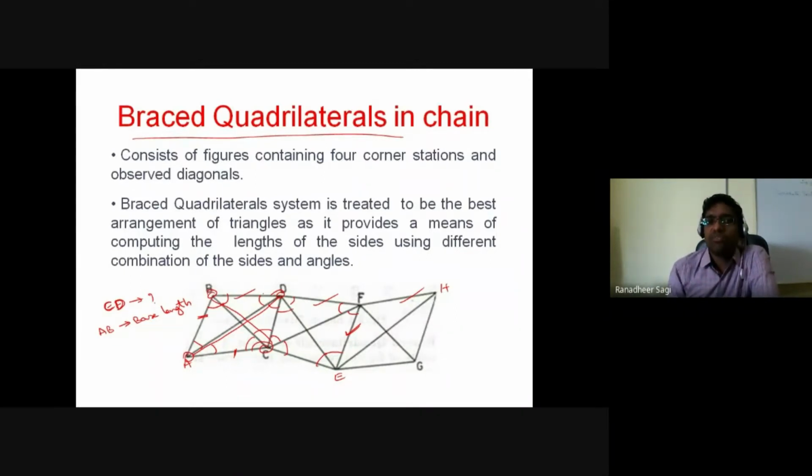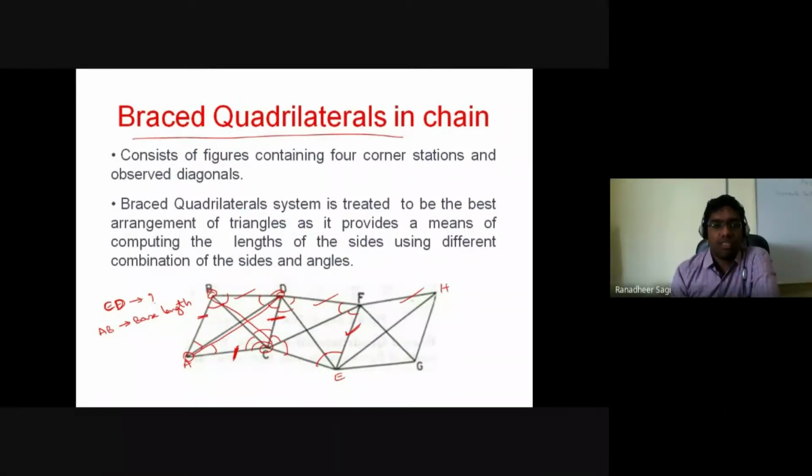If I want to find out the length of the member CD, I have 2 ways by which I can find it out. What are those 2 ways? First, I look at your triangle ABC. In the triangle ABC, I'll go on to find out the length of the member AC. And once I know the length of the member AC, then I can look at your triangle ACD. I'll repeat, I can look at your triangle ACD. As the length of this AC member is known, then I can go on to calculate the length of the CD member. This is one way.